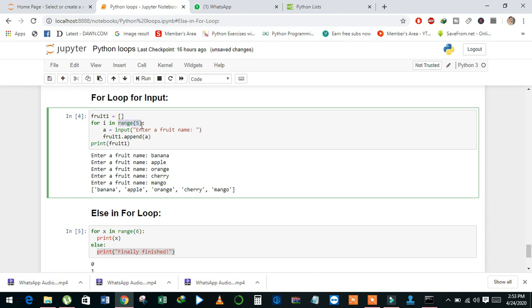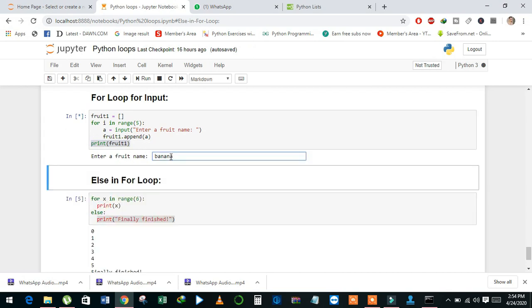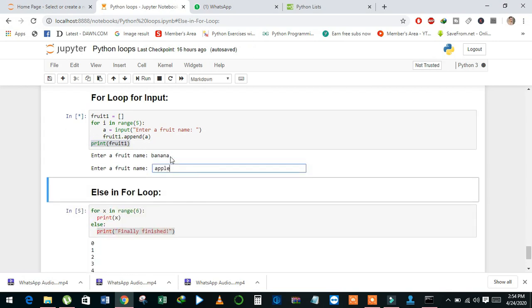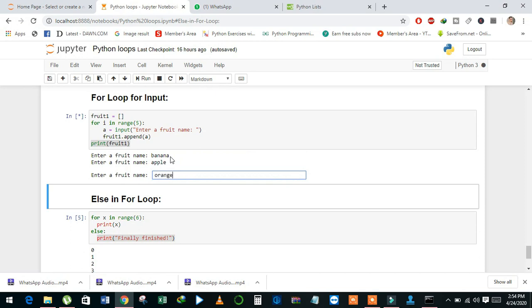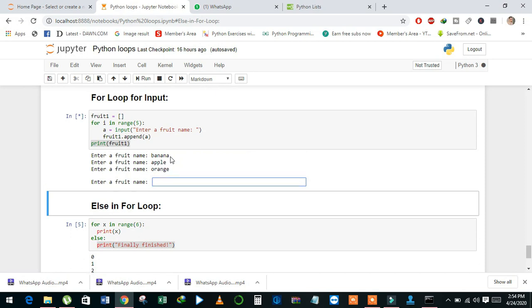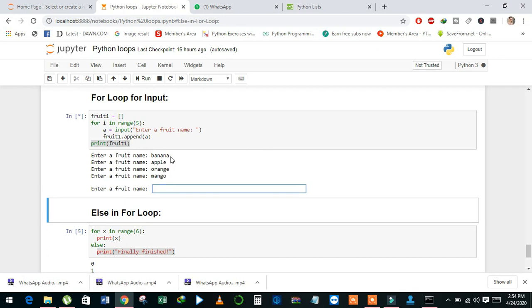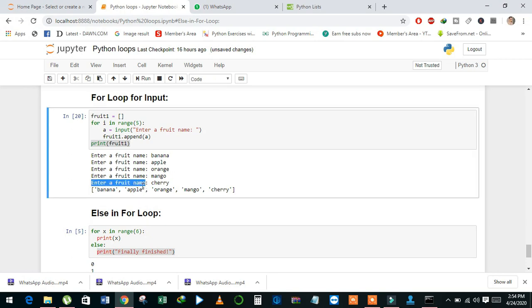It will take input from the user 5 times, and then append each fruit name in every iteration to the fruits list and then print banana, apple, orange, mango, cherry, and see here the result.